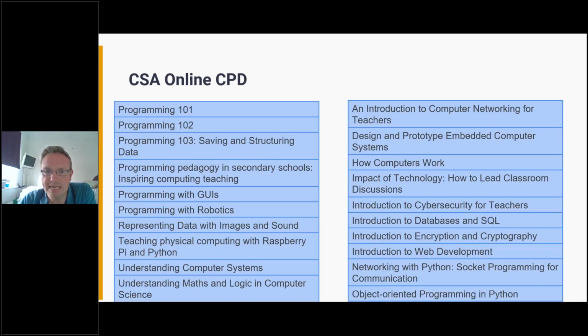Now, the online CPD is the CPD that Raspberry Pi have created. These do not have a facilitator as such attached to them. There's no facilitator input to the actual videos themselves. There is somebody available to support you with questions, but there's no actual facilitated session, whereas the remote CPD, much like a face-to-face CPD, has facilitated sessions. These are available at different times over the course of the year. They are scheduled to run. They take approximately 8 hours to complete.